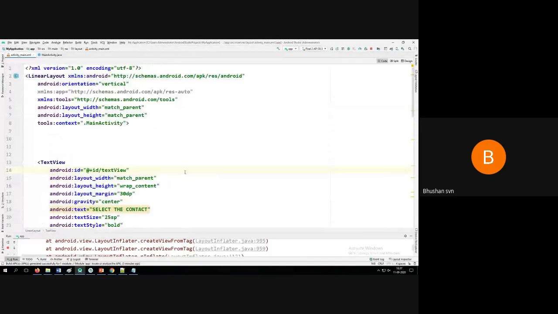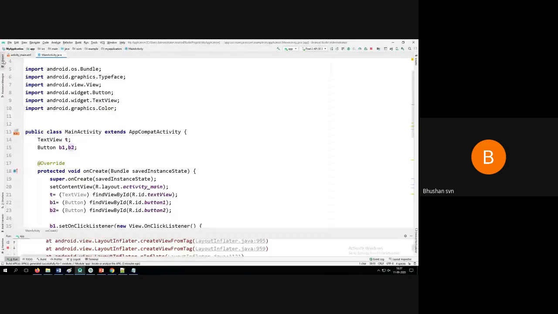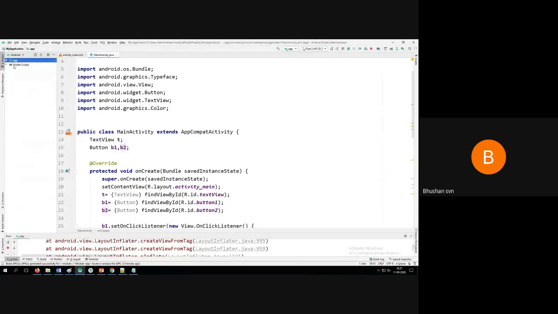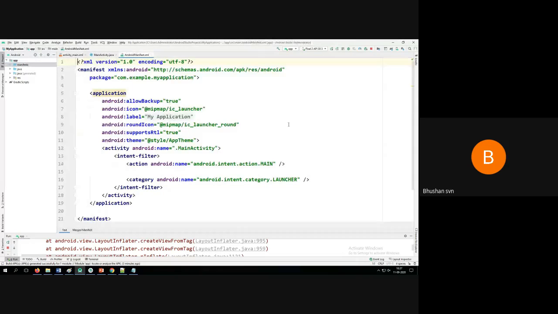So under File you can also see the project. You can see there are a lot of files being generated, since it's a Java related project.